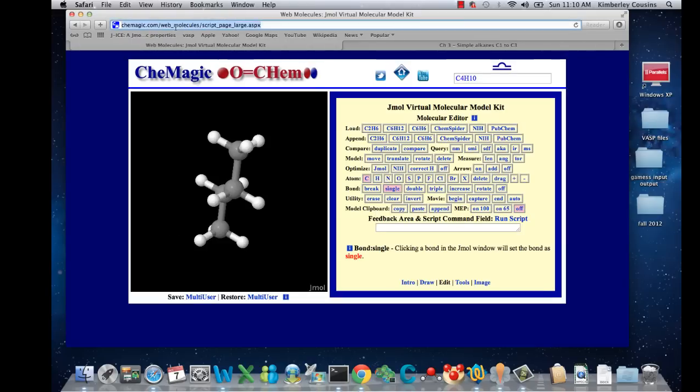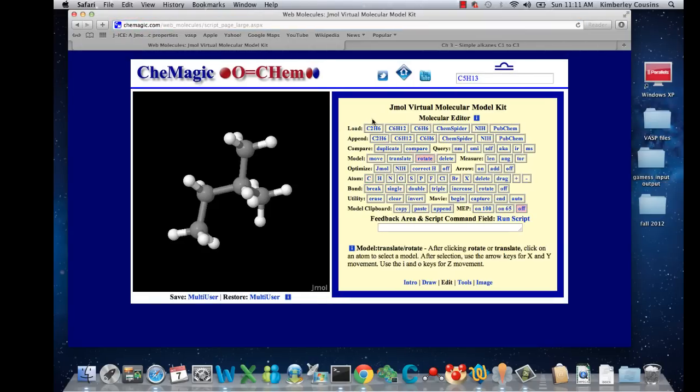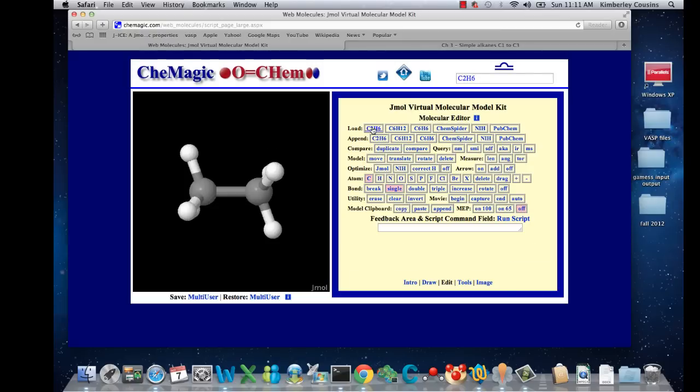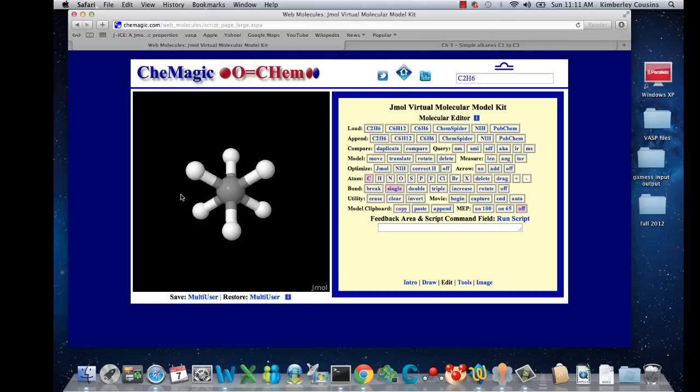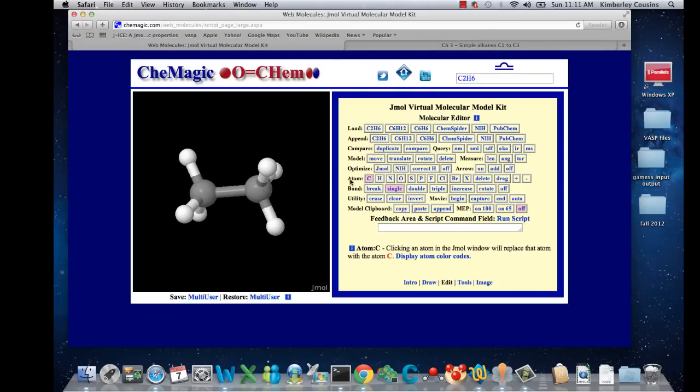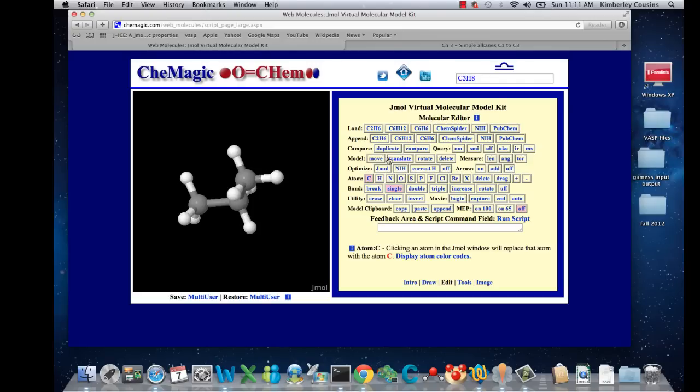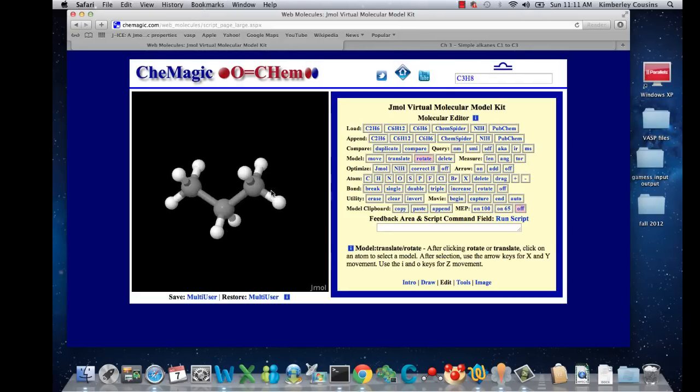Here is the URL, chemmagic.com, web molecules. Here you can start out with ethane, and you can rotate it so you can look down the bond just like you can with a plastic model. You can build from it, add carbons to it. If I wanted to build a carbon here, I could make propane and then rotate it and look down